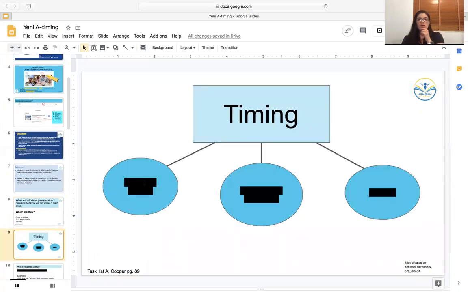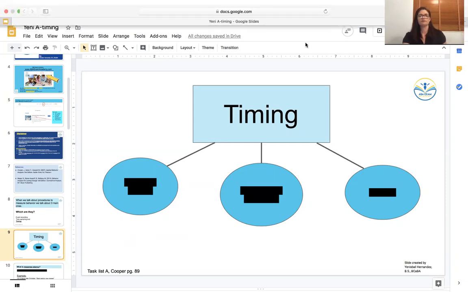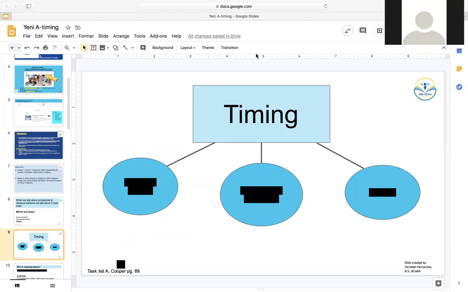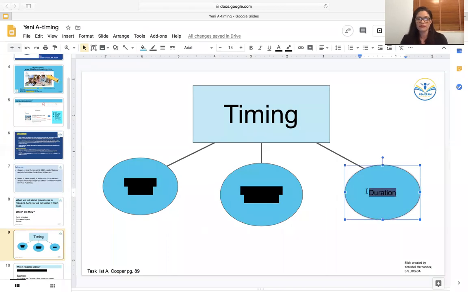Remember, the fourth edition. When it comes to timing, timing is like an umbrella, a general term that within it has three more specific things. So what are the three measurement procedures that go under timing? Latency. Thank you, Aisha. Duration. I think that was Tabitha. Yes, thank you. IRT. Two other people answered, and I couldn't see your names. Thank you. So let's double check that. Yes, it is.